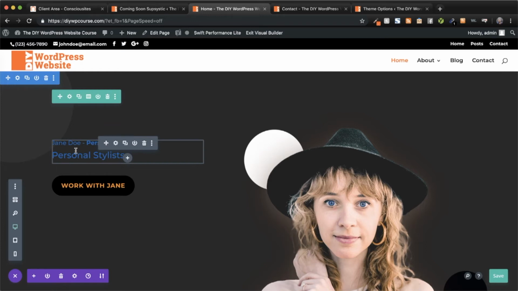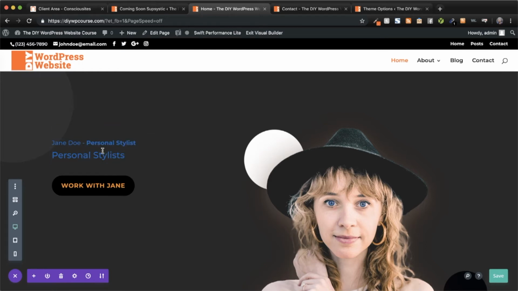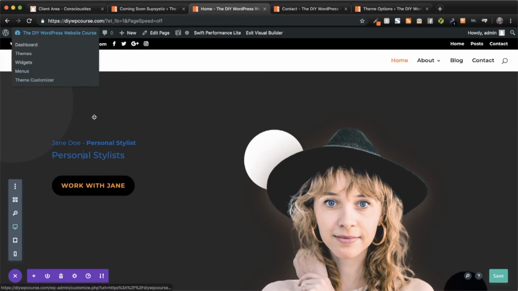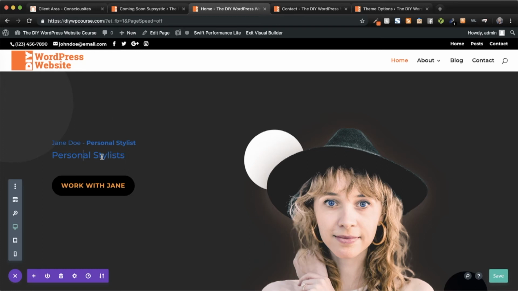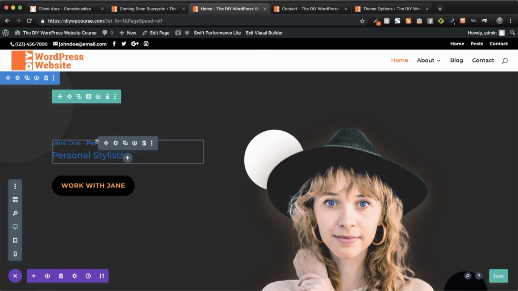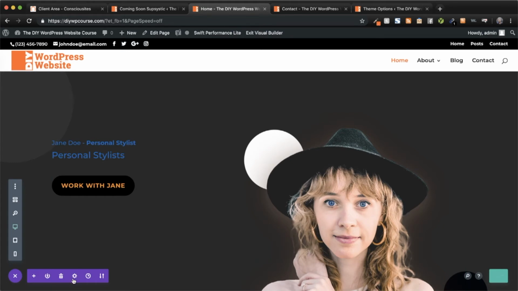And now you can see it's basically reset the styles so that they match the styles that we set up in our theme customizer. So like I said, when we were working in the theme customizer, those styles weren't showing up when we were customizing them. It's because this module had already had preset styles. So let's say I accidentally did that and I wanted to put it back. You can always change or